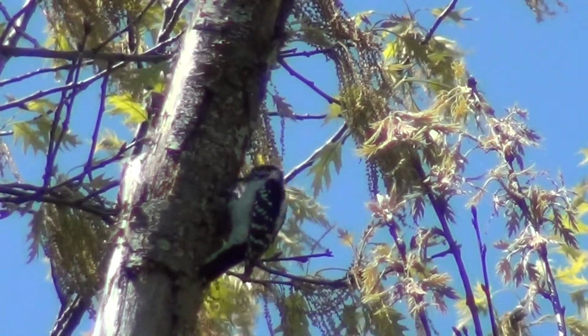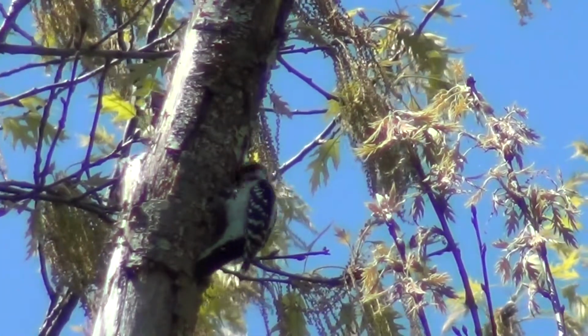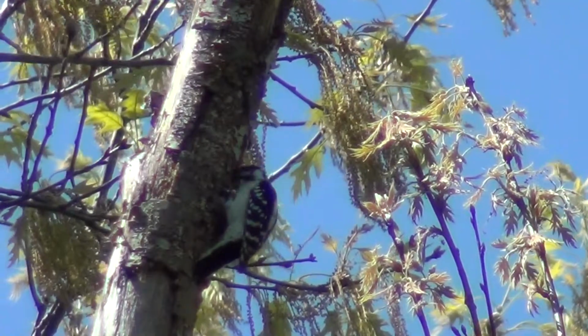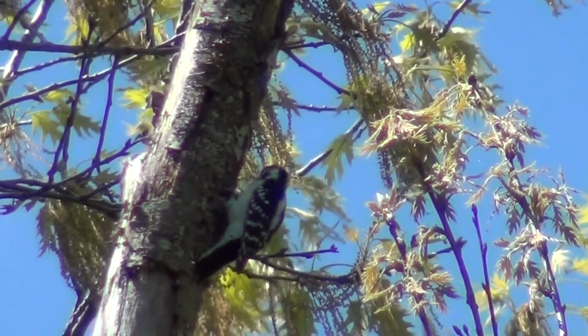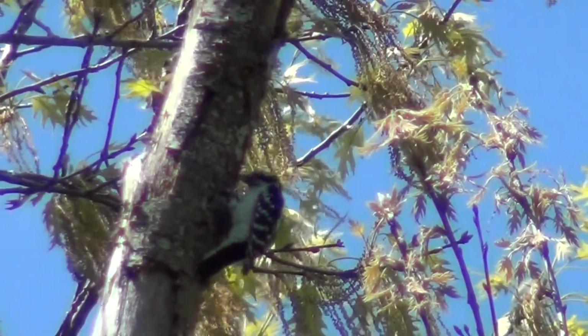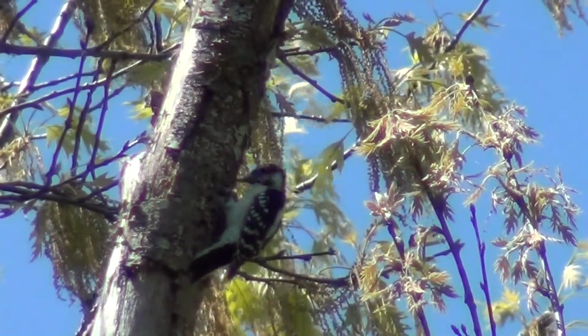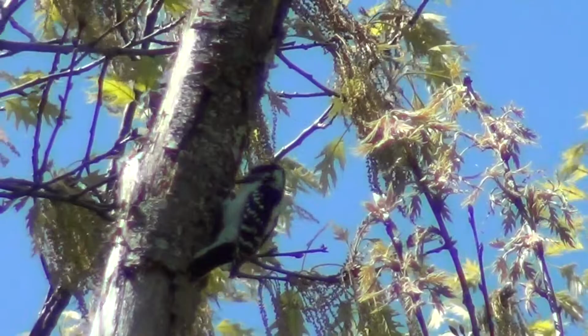The Downy Woodpecker is the smallest woodpecker of North America. They are common and cute. The male has a small red patch on the back of his head. Juveniles have a little red cap. I suppose both genders of juvenile are the same, and I'm not sure when that goes away, probably when they